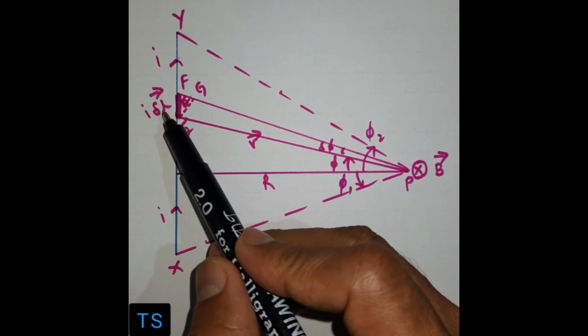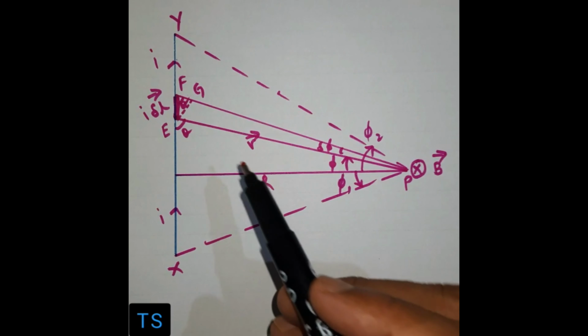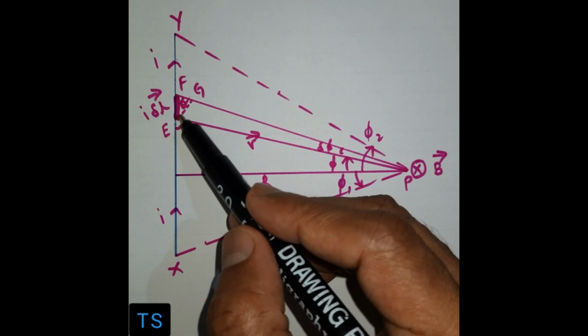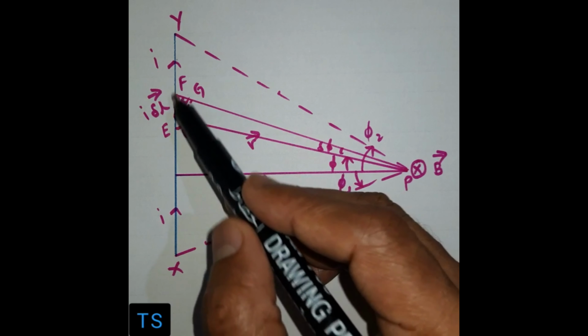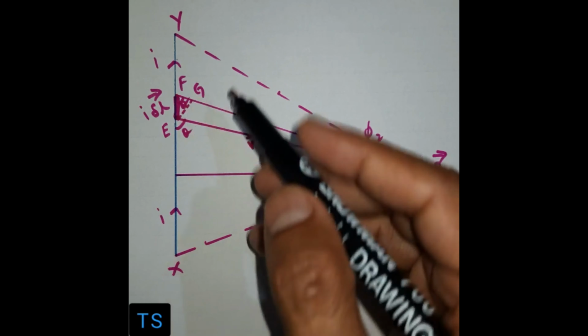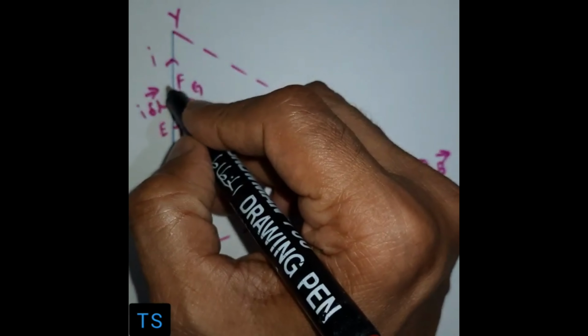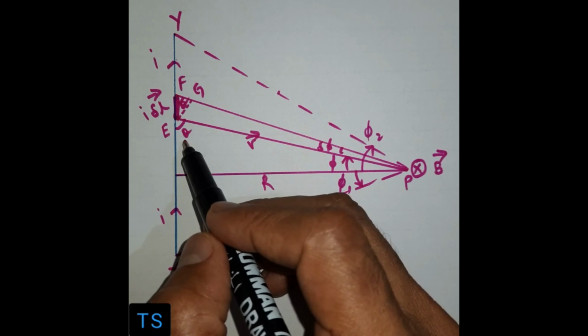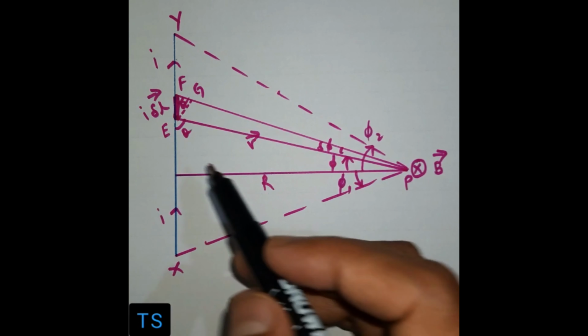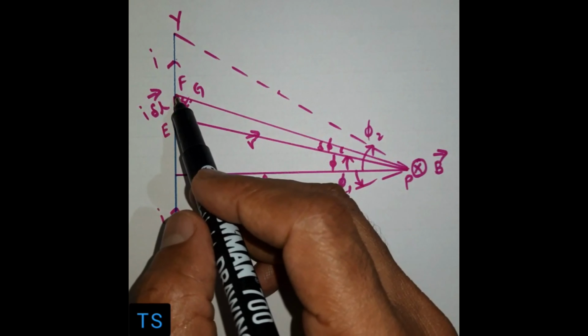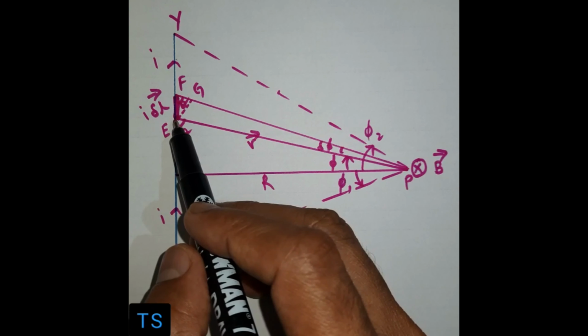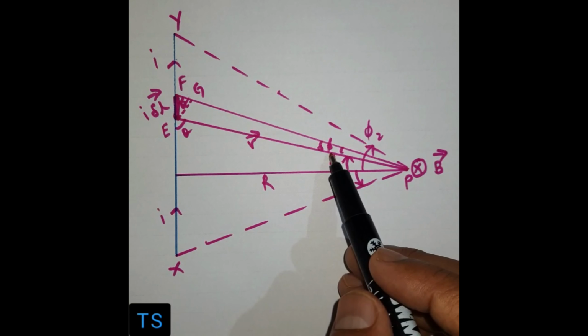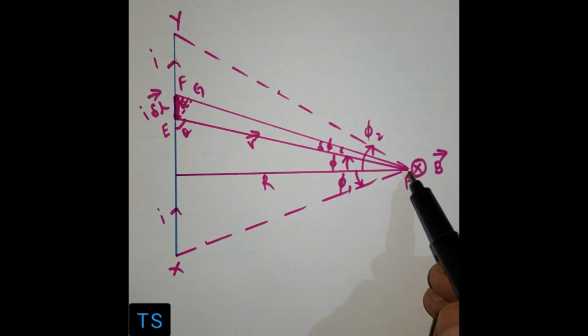So the current element is I dl bar. Let us draw a perpendicular EG, and EFG is an angle theta. It's not that visible, but it's angle theta. So this angle will also be theta. Let this I dl, the current element, make a very small angle, delta phi, at point P, where we have